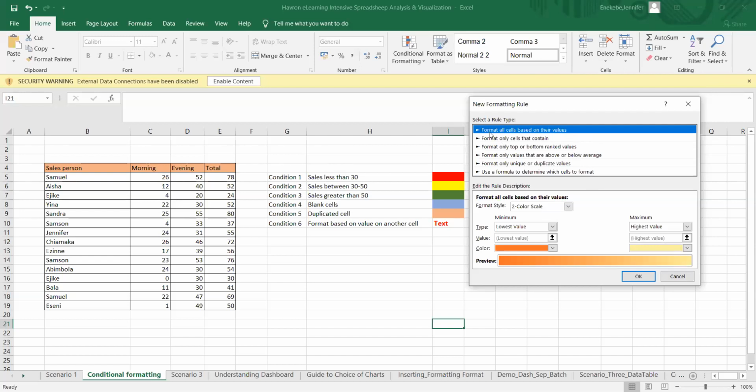The first one here is formatting the cell based on the value. What this means is Excel will look at whatever value is inside here, and assign one color to the highest, another color to the lowest, and in between will be a gradient from the lowest to the highest color. So let us try, for example, my lowest, I can select a value. My lowest, I want it to be the lowest value. And then,